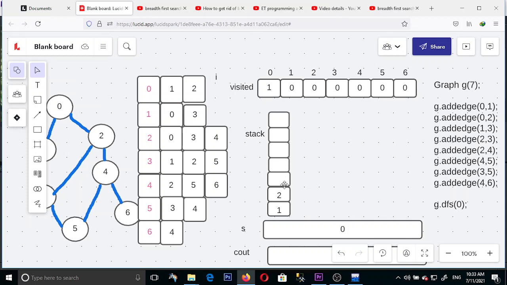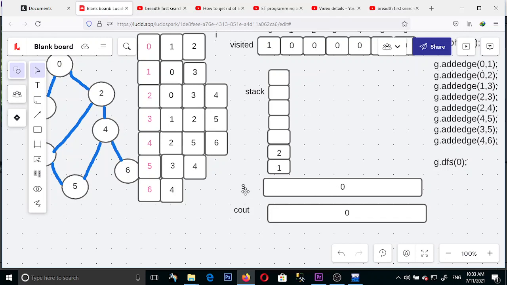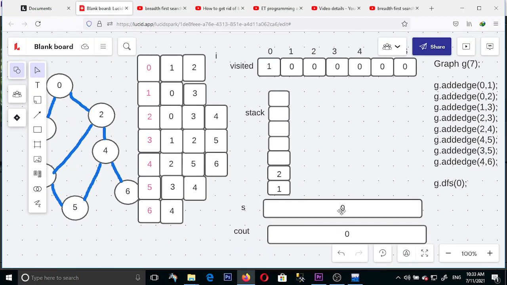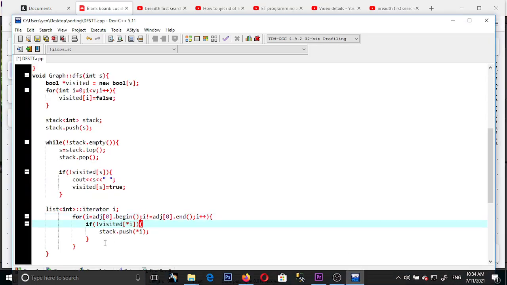First of all, 0 is put inside, and then inside the while loop 0 is assigned to S. Because that number S is not visited, we displayed it, and then we made it visited. Next, inside the for loop, we iterated all adjacent of 0, and after finding the adjacent of 0 which are unvisited, we have put them inside the stack. The next step is once we have completed this,